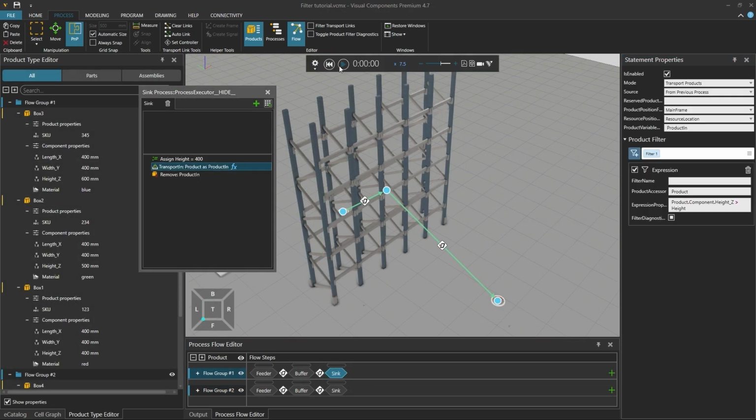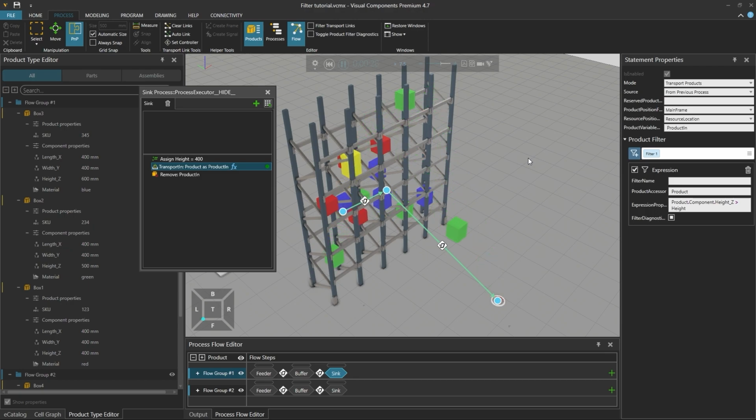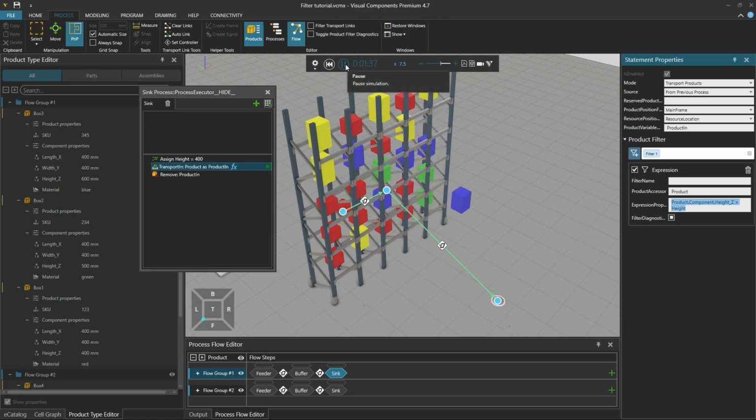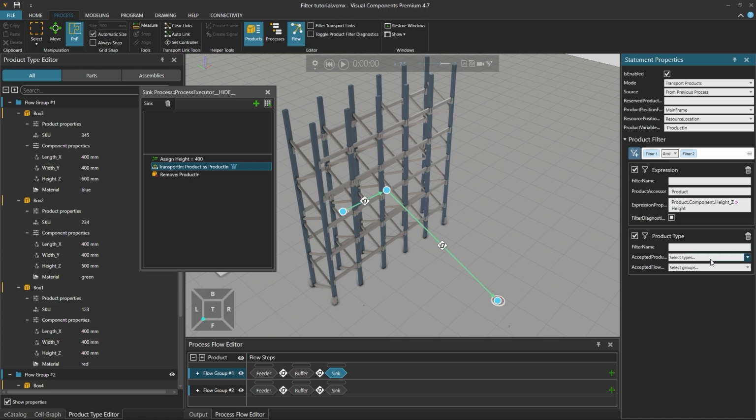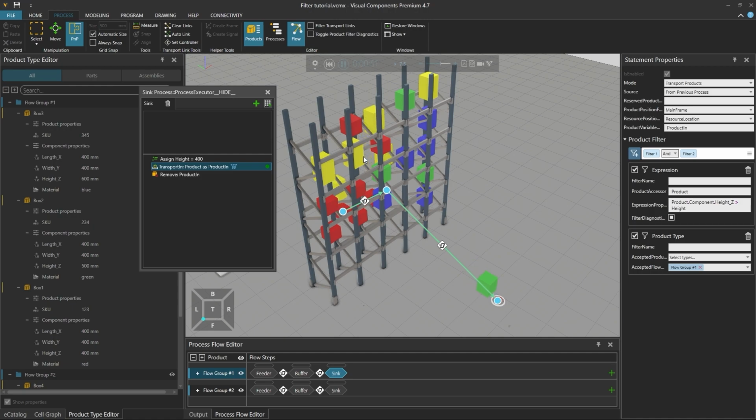In addition to individual filters, several different filters can be combined. For example, an expression filter accepting only products where a height greater than 400 could be combined with other filters. If we have a product type filter and define flow group 1 as an accepted flow group, then the yellow box 4 from flow group 2 is ignored, even though its height is greater than 400.